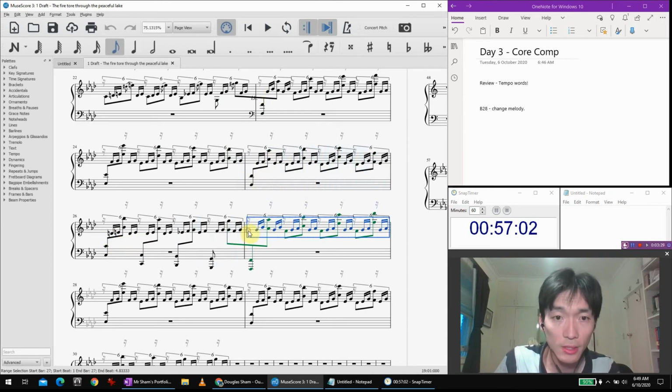Okay, I think this is the point to change things up. I'm thinking of a 6/8 or 3/4 rhythm to change it to. In a way, it's 12/8, isn't it? 12/8.